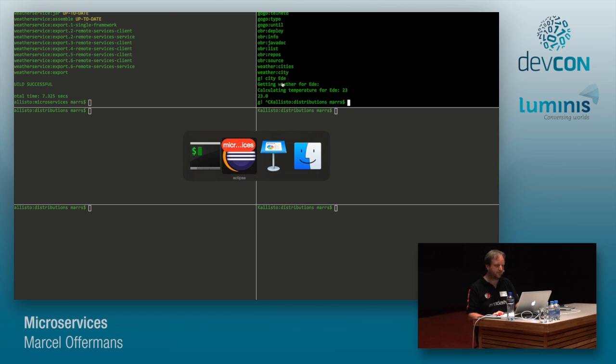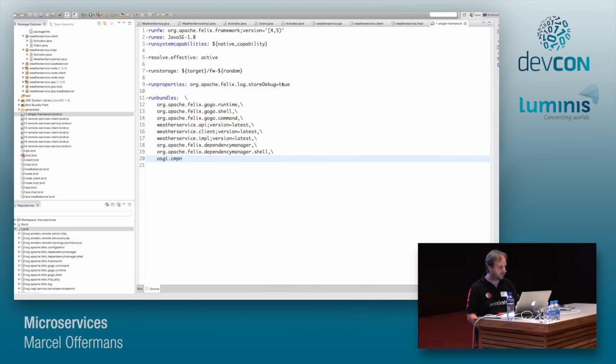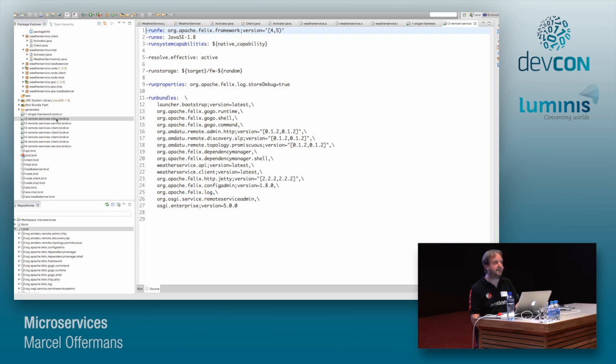And I'll briefly first go back to Eclipse to show you how that is defined. What I'm basically doing is taking the same set of bundles that I had, but I'm splitting them up. So I'll create one run definition for the client, and that will only contain the client bundle and the API.